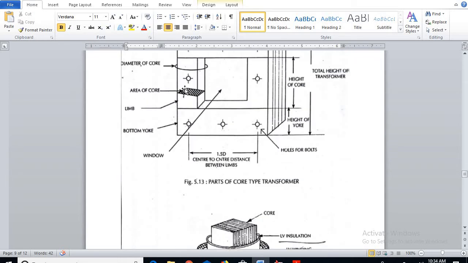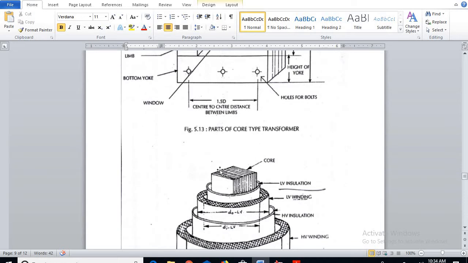Okay. So now if I go for a cut sectional view of a transformer with the winding, since it is a square core, you can see the square core which has been represented here. Next to the square core, the LV insulation comes into consideration. Next to the LV insulation, the windings will be wound. So this is your LV winding.